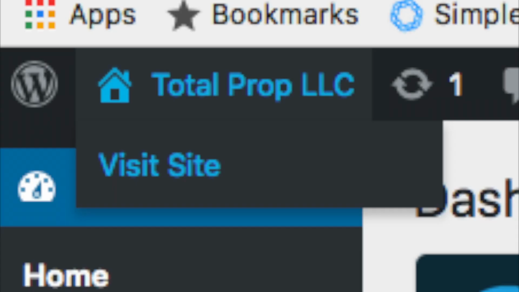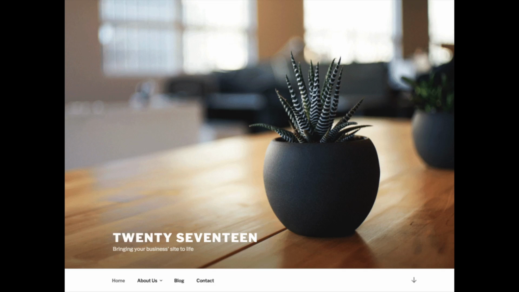Towards the top, you will see your site title, and if you hover over it, you will see View Site. Click either one and you will see the WordPress default theme currently being used. Now you just need to customize the site and make it look however you would like. I want to go over a basic WordPress tutorial to help you learn a little about WordPress when making your